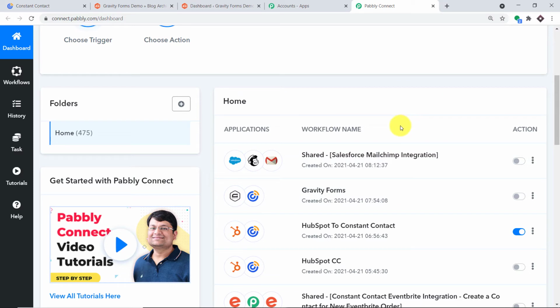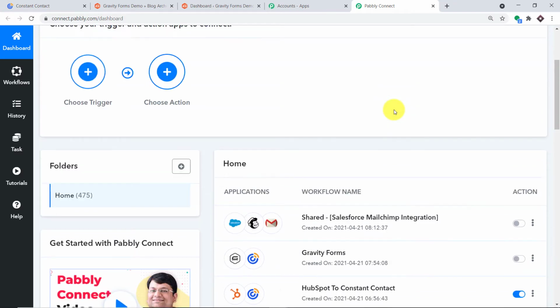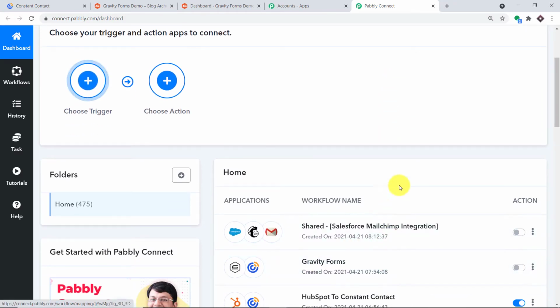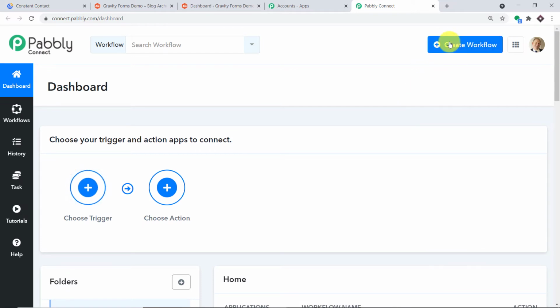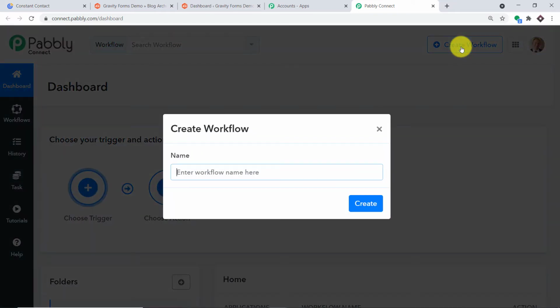The reason I'm switching off this workflow is because we are going to create a new workflow, and this old workflow and the new workflow will create a problem called duplication of results. Basically, it will give 2 times the result. So to avoid the duplication of results, I have switched off this workflow. It is actually none of your concern. We are going to start from scratch by clicking on Create Workflow.